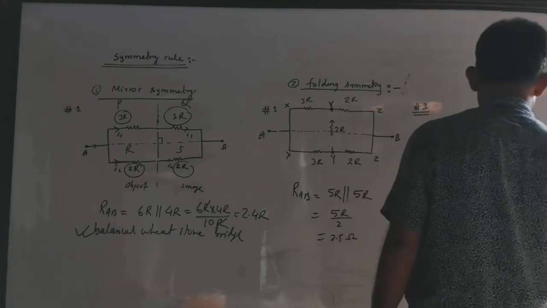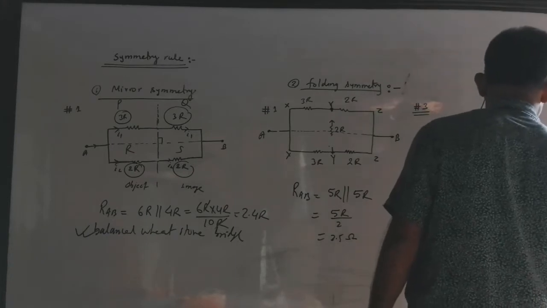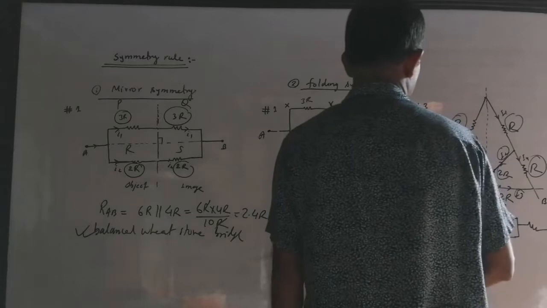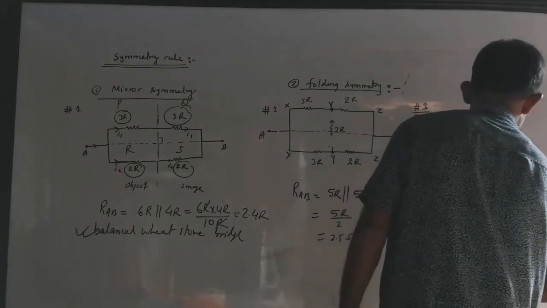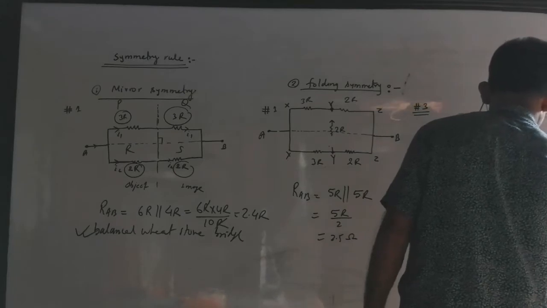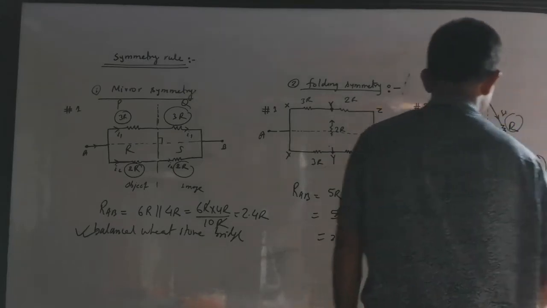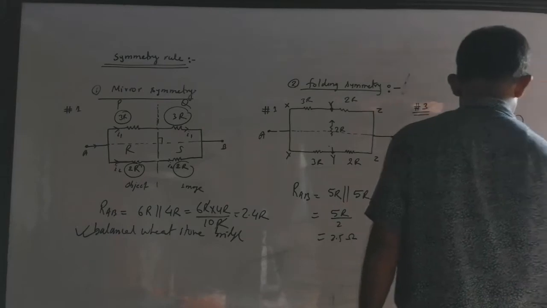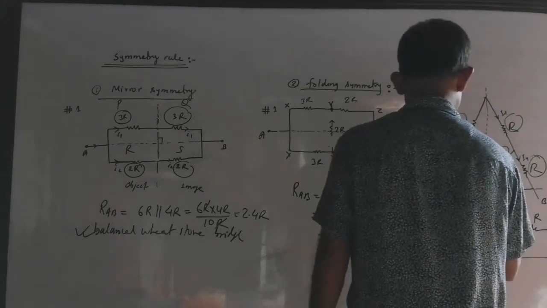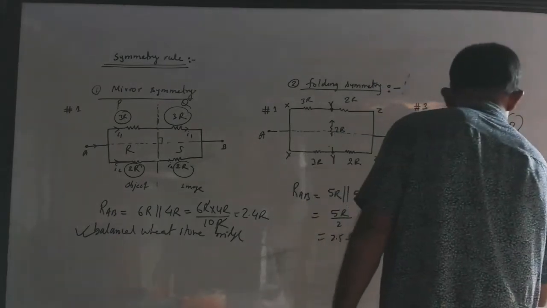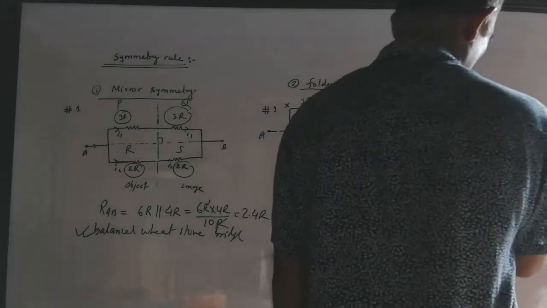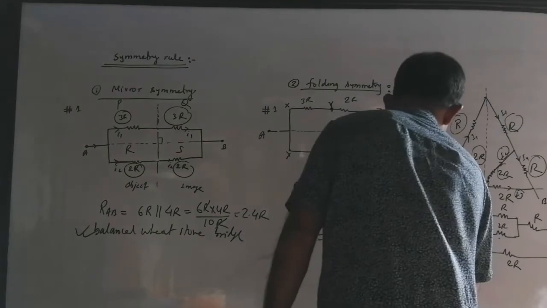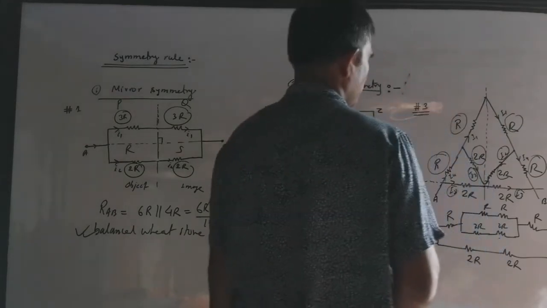Then you reach here, and then you are getting one resistance here. Okay, and now you are going one branch from here. So this is a 2R, this also 2R, and again you are meeting the same point B. And this was your R, and this was also your R, and this 2R and this 2R. Now tell me, is it difficult for you? Not so difficult, boss. You can try.